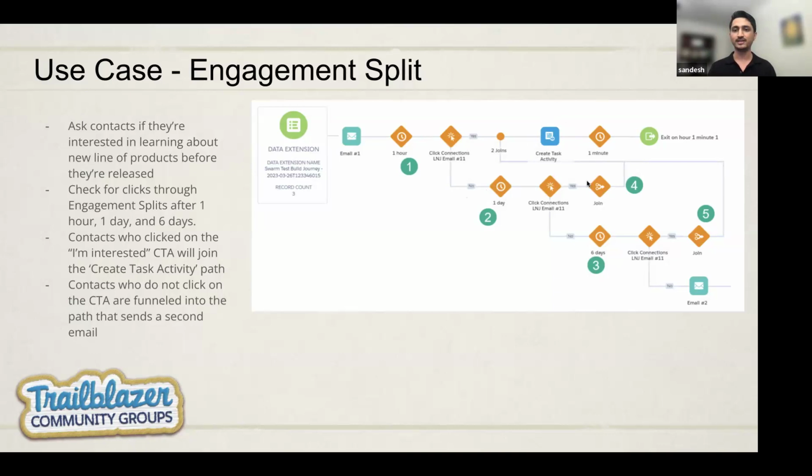And then if they now click, it joins it up to the same path, which means it's again going to create an activity after a day. And again, for the final time, if nobody clicks on that email for a day, well, a day and an hour, then they will be fed into this other path, number 3, and we're going to wait for 6 more days. And now if they click again, we're going to join them back up to the very top path where a task